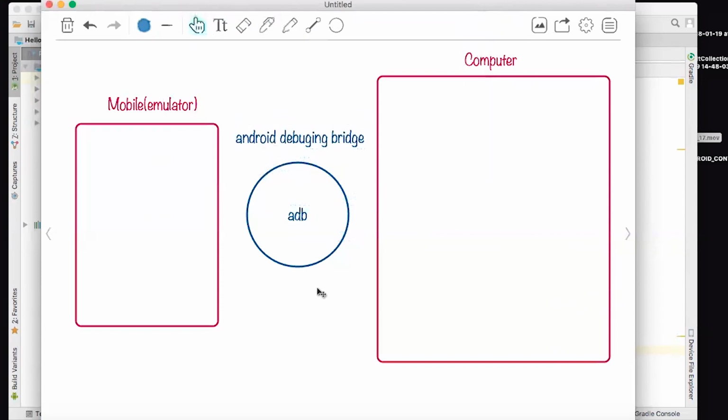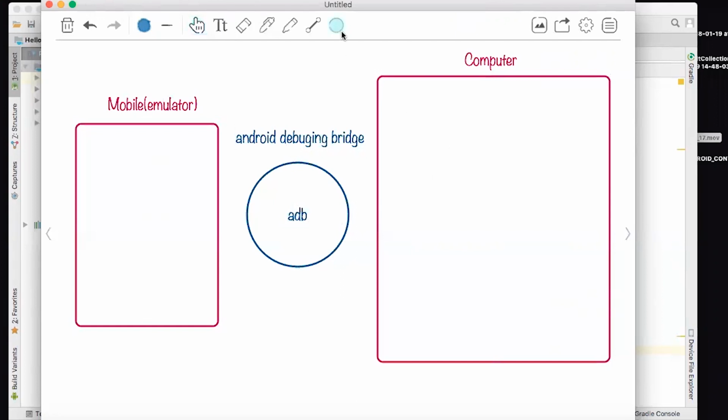See the name, Android debugging bridge. What it does, whenever your emulator, mobile emulator wants to connect to this computer, right? What is actually happening inside is this ADB helps us to connect this to this computer, or more specifically, you